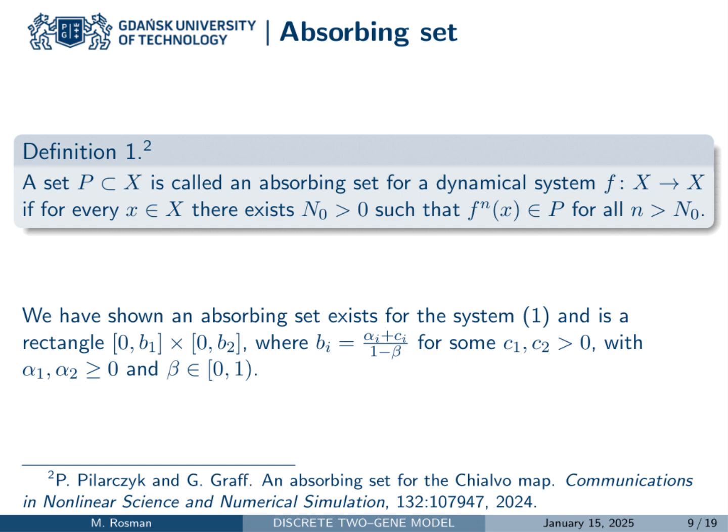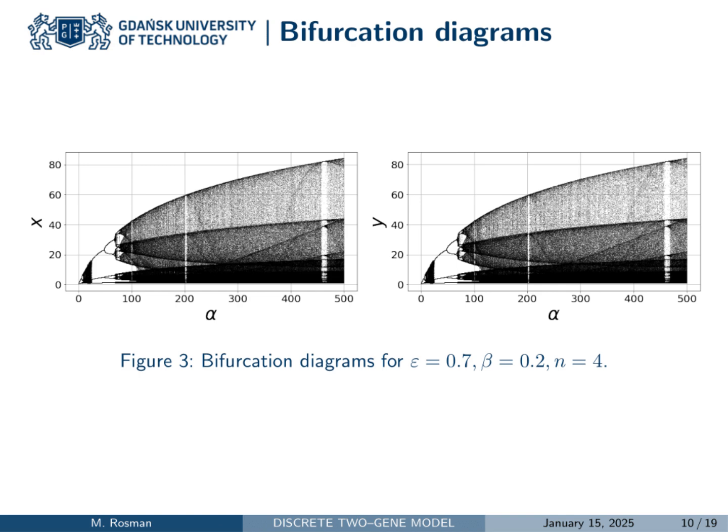A set is absorbing when, for any given starting point, after some finite number of iterations, the trajectory ends up within that set. We have shown that an absorbing set exists for the Andricat-Kaufman model with our modified assumptions, and is in fact a rectangle, the dimensions of which depend on the model parameters and some arbitrarily small constants C1 and C2. Knowing that the system is bounded, we can move on to